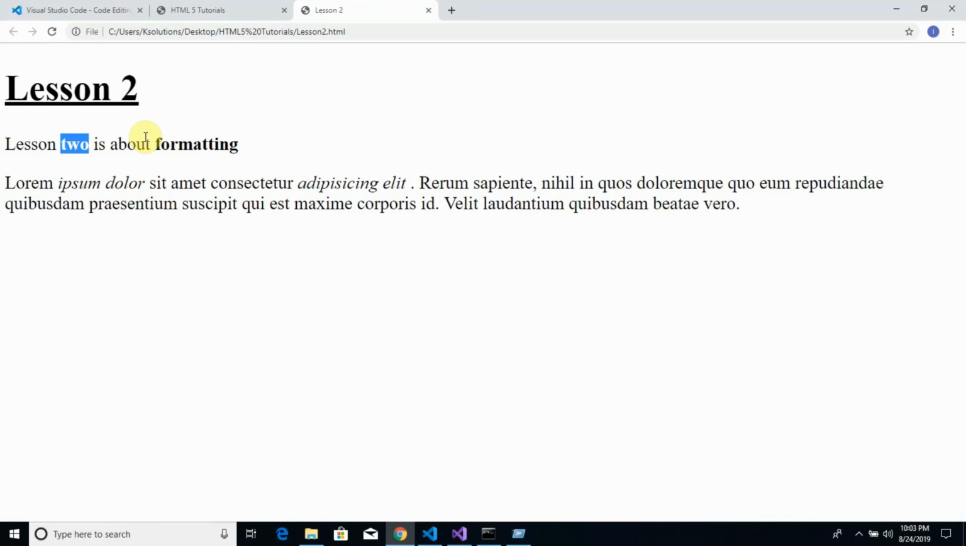So emphasis attaches a bit more importance than this, just like strong attaches a bit more importance than this, but in appearance they are just pretty much the same. Okay, so the next thing I want us to look at is